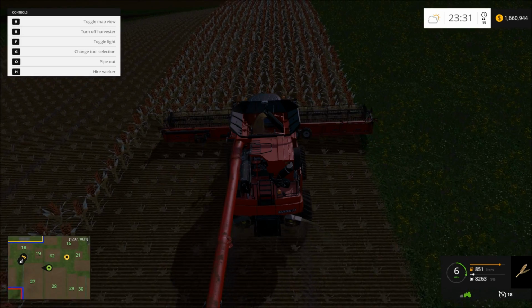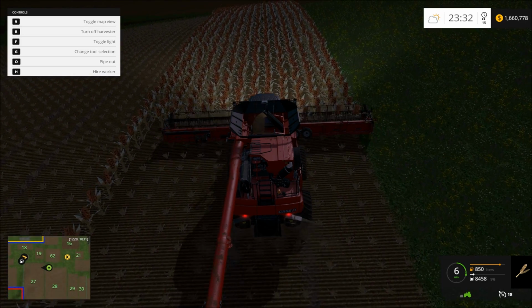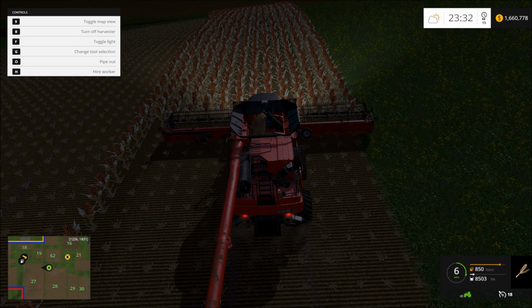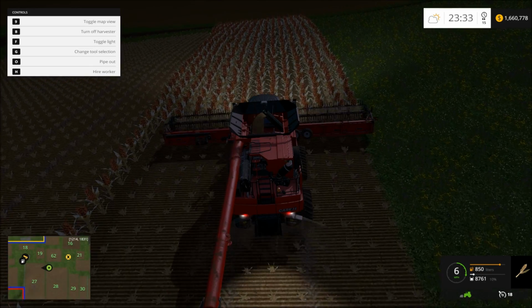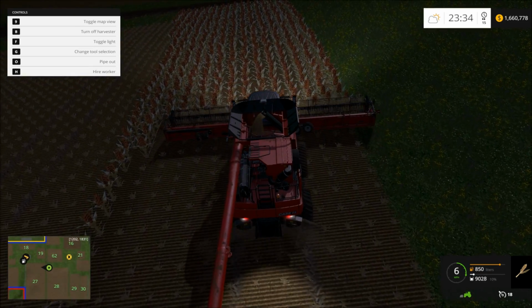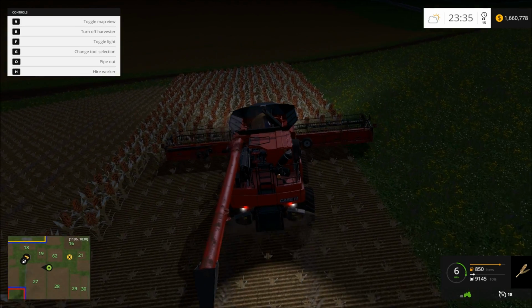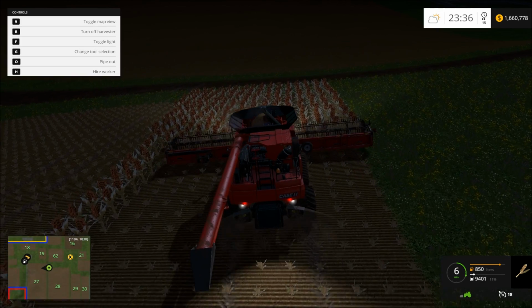I don't know how to turn lights on. Oh, toggle lights. Huh, F. Oh my gosh, it was laggy. Dropped me all the way down to like 0 frames per second, and then it come right back up. Really odd. I don't think it matters how big a PC you have. I think it's still going to do it on random times when you turn your lights on, because right now I'm running 60 frames per second, but